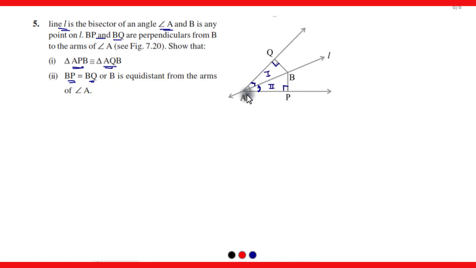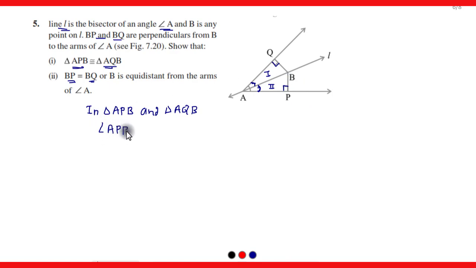Then in triangle APB and in triangle AQB, what we have,